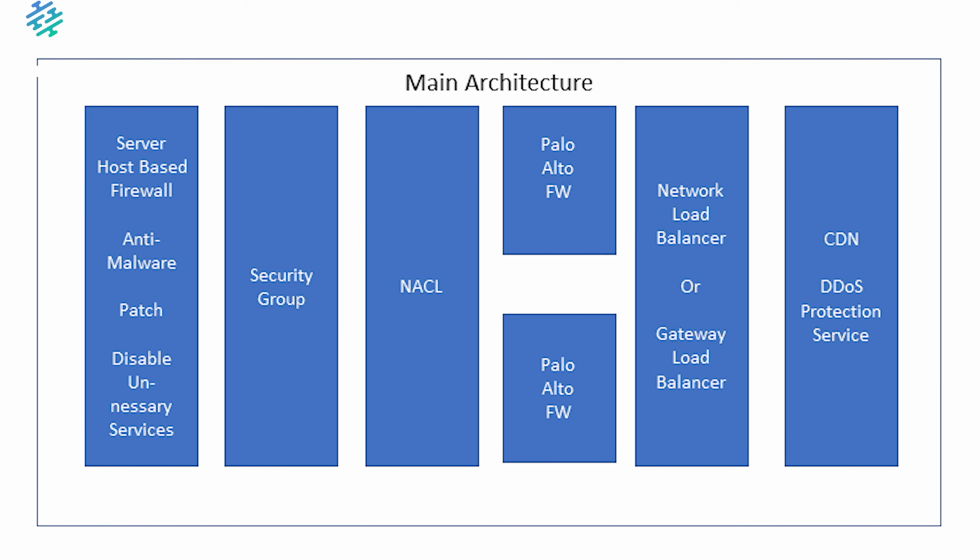We're still not secure. Now let's talk about the servers we're going to use. We should put another firewall on those servers, like a host-based firewall. We definitely need to put some anti-malware protection. We need to patch the servers against known vulnerabilities, but that's not enough. We really want to disable the unnecessary services on these things. We want to harden our systems and lock them down. So now you've got to bypass the CDN, the firewalls, the IDS, the network access control list, the security groups, the host-based firewalls, and now you've got a lockdown hardened system.